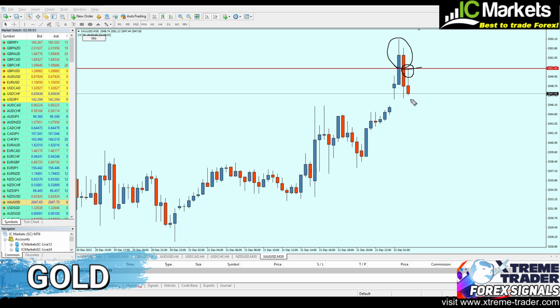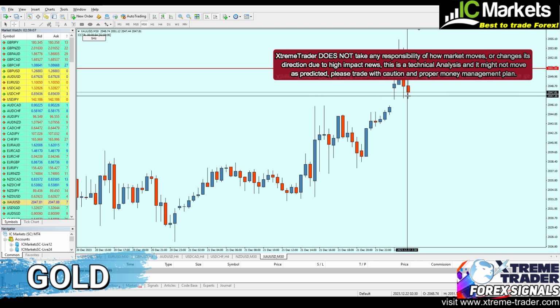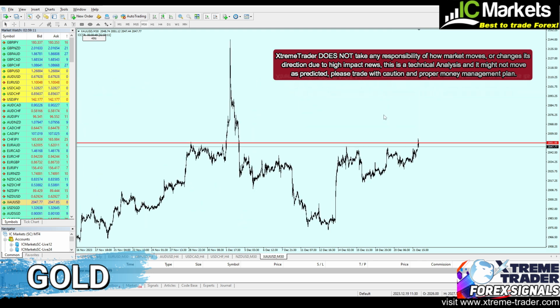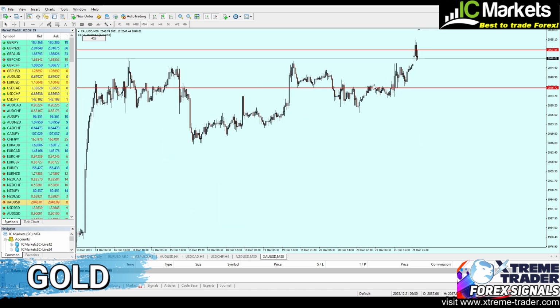So as we can see, look at that, the bearish movement right now is strong on the gold. Let's wait for the gold to rise another 32 pips, and then we will actually be selling it exactly right here at this level of a resistance, and the take profit level will be right here, guys, at the nearest level of a key support. As you can see, exactly just like that, at 2036.74,